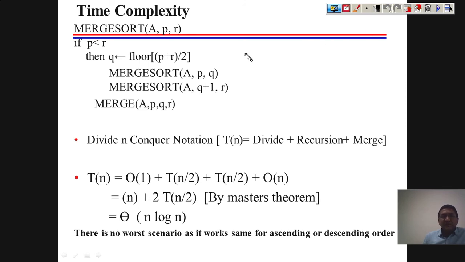Let us also try to find out the running cost by a different method. Let us try to find it by the recursion tree method. We have a problem of size T(n). This is our problem, and then we do some effort, and we are able to divide it into T(n/2), T(n/2). Here again we apply some effort and divide into T(n/4), T(n/4).